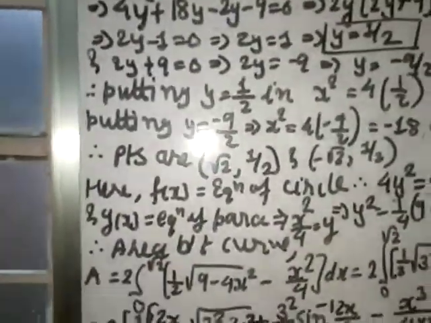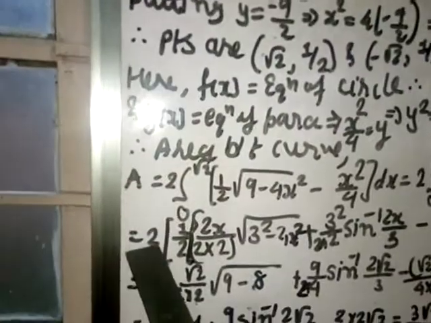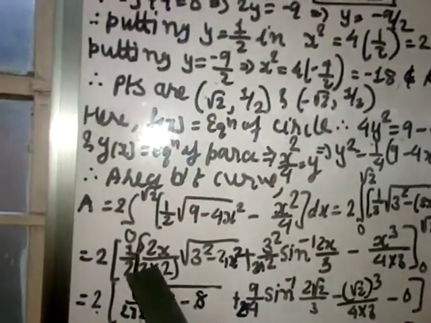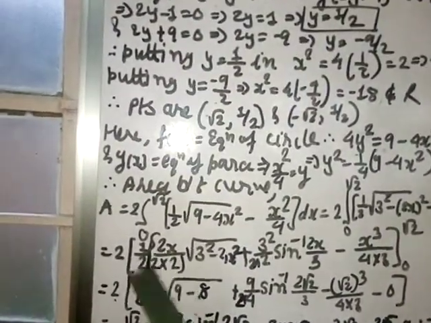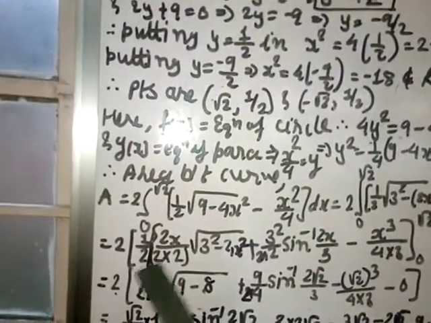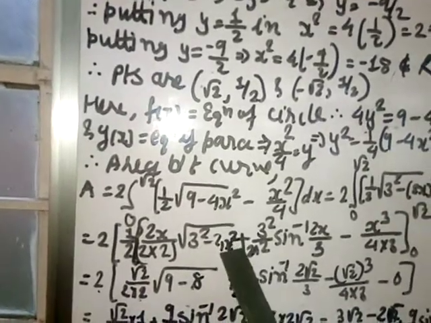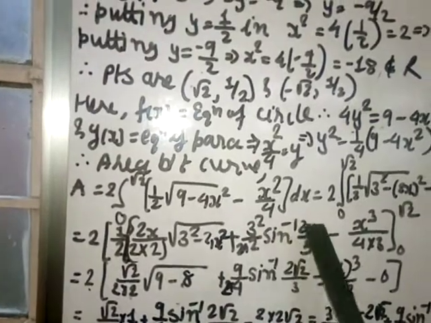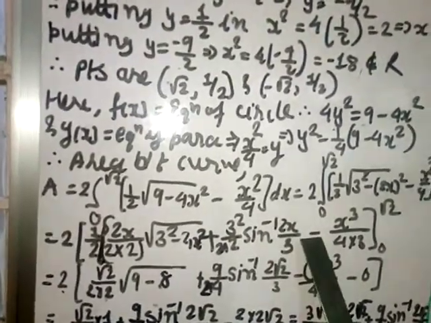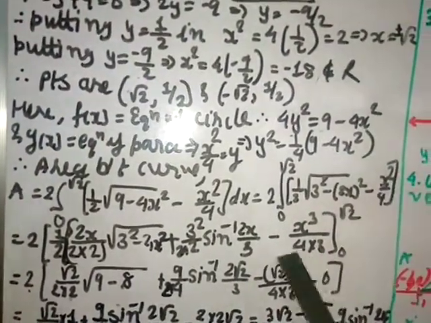Here a is 3 and x is 2x, so let us use that. Here I am using 2. These 2, 1 by 2 is here, then x by 2x, here x is 2x, so 2x by 2, the coefficient of x is 2, that is I have to divide by 2. Then 3 square minus 4x square plus a square, that is 3 square by 2, the coefficient of 2 here, sin inverse x by a, so 2x by 3 minus this integral x cube by 3 and this 4.